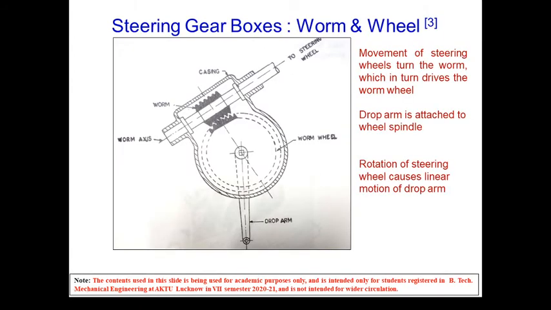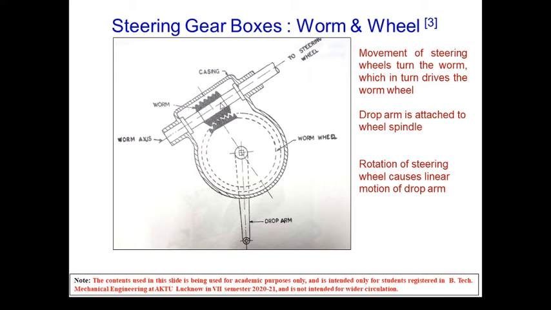Now talking about the steering gearboxes. We have the steering gearbox that is very common, known as the worm and wheel type steering gearbox. In this case, we'll see the components first. This is the steering wheel. This rod is connected to the steering wheel. When the wheel is turned, this rod is turned. The turning of the rod in turn causes this worm to turn, and this is the wheel consisting of some gearing system over it.